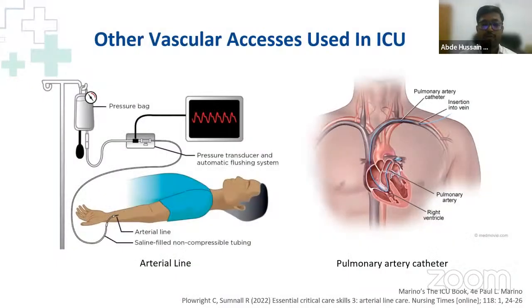Another major vascular access or monitoring device in the ICU is the arterial line. It helps to monitor the blood pressure, and it also helps in arterial sampling. ABG is easy this way, because we need the arterial sample and not the venous sample for monitoring our blood gases. Then for further invasive monitoring of hemodynamics in cases of shock, we require a pulmonary artery catheter. It is a very advanced stage where very few ICUs practice this. So, the pulmonary artery catheter,